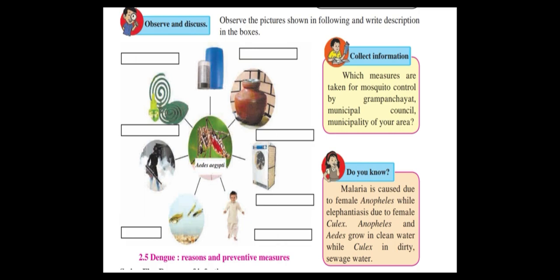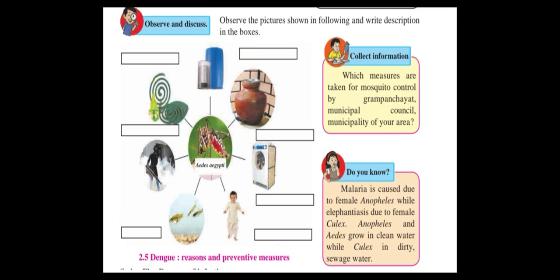Then below that it is a cycle, that is the larvae, or you can say the guppies, where the larvae are produced. Then above you will see one man doing the fumigation process with insecticides, and there is a mosquito repellent. So these are all related to mosquitoes, how they breed, how they cause disease, and how we have to take control over it. The dengue, its reasons and preventive measures we have already seen in the last part.